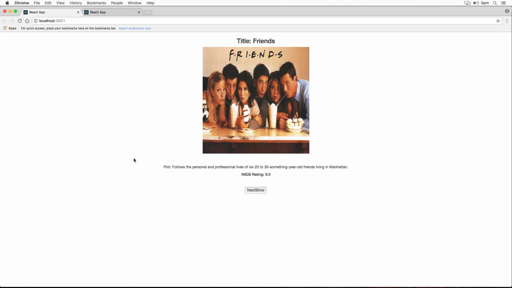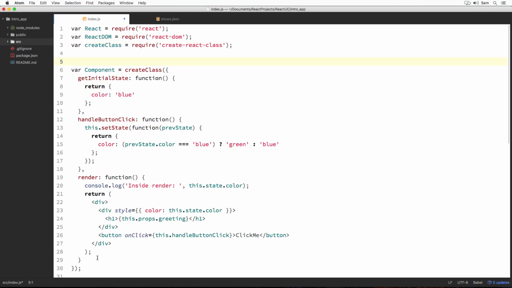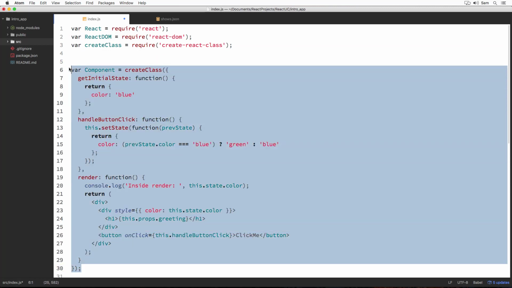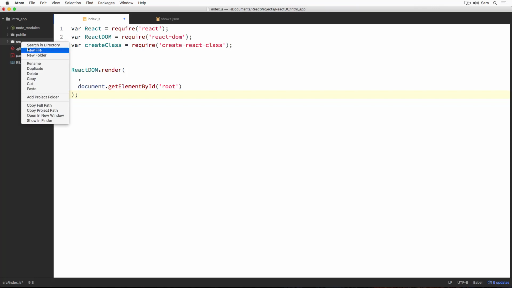Let's head back to the code editor and clean up all the code that is not needed. I'm going to delete all these portions of code. Since there is no component definition, let's remove it inside the first argument of the render method. And we are going to fill it in a while. Let's create a show.js file inside the src folder.